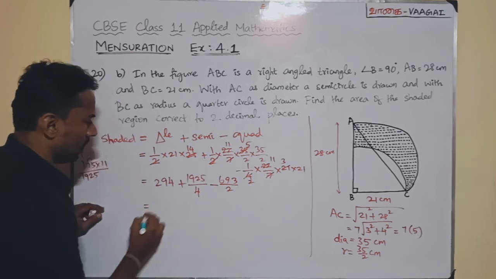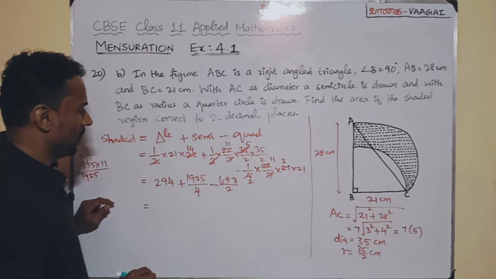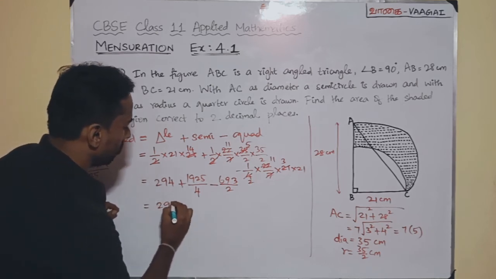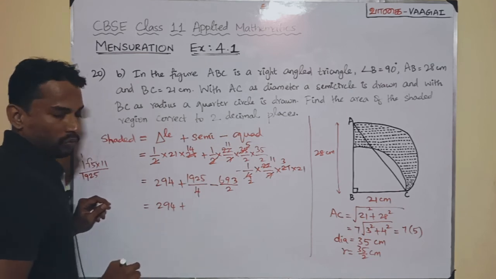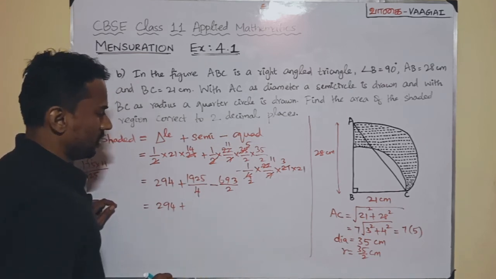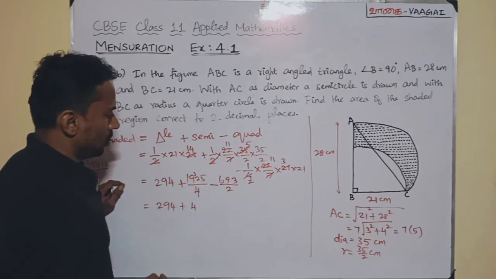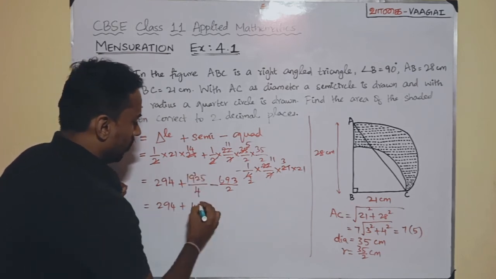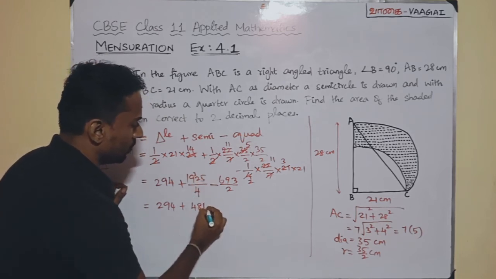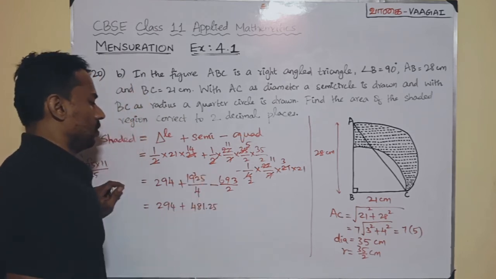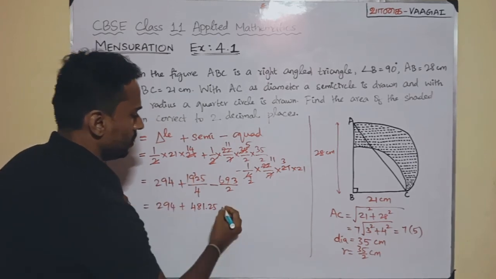So now I need to simplify this further. So it's again a challenge, right? So 294 plus, so what about 1925 by 4? 1925 by 4 will be, let's do it very carefully, okay? First of all, 4 4s are 16, balance is 2. Next I will have 4 8s are 32, and then I have a 5. 5 means 1.25, because 5 by 4 will be 1.25, that I have put here directly, minus